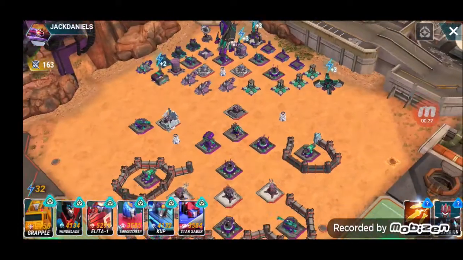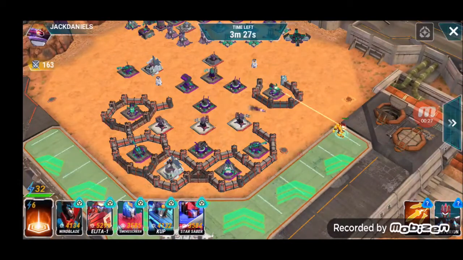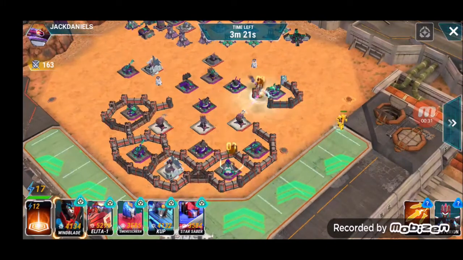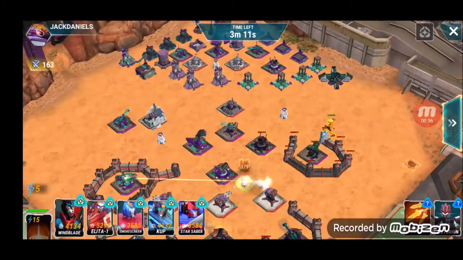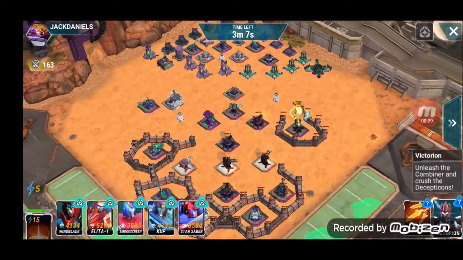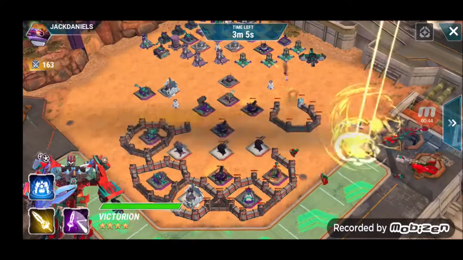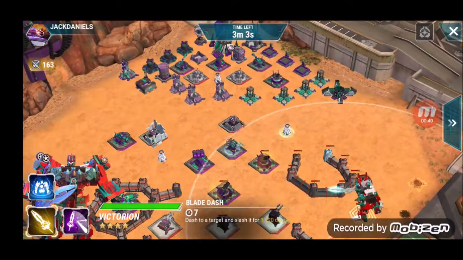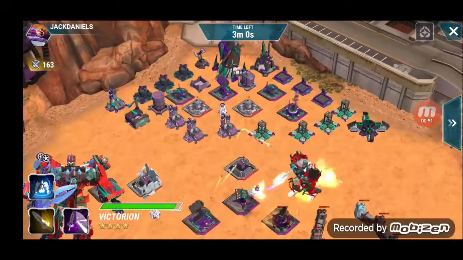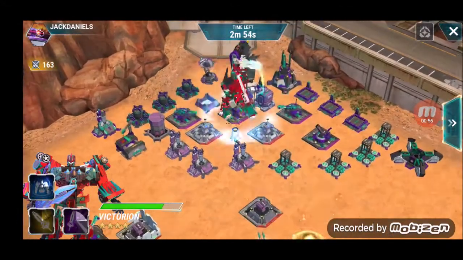And for base 1, we draw Jack Daniels. I love Jack Daniels, but not this one. So we're going to deploy Grapple, and we're going to try to take out these defenses right here. The good news is he pathed up, which we like. So now we're going to go ahead and drop Combiner. And we're going to send her, hopefully grab some of those storages and stuff up there, but she can't quite reach. So we grab the little build bot, and then we blade dash again right up there,